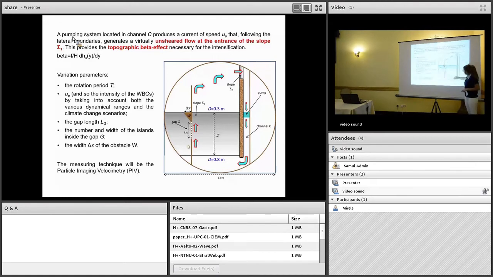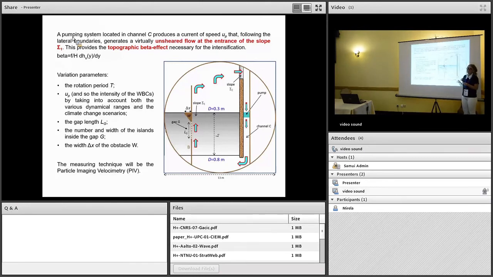So we get here the formation of this boundary current. We have here fixed boundaries here and here. We have here a gap. So the variation parameters beside the rotation period will be the size of this gap and the presence of different